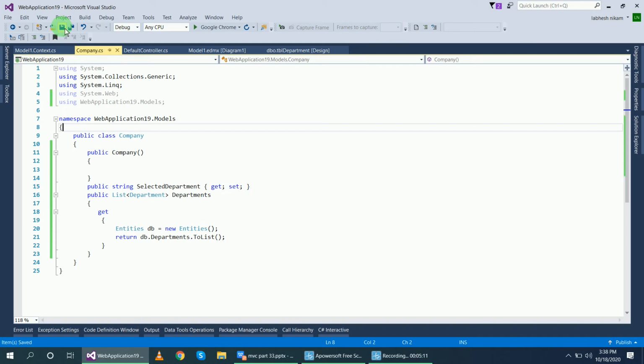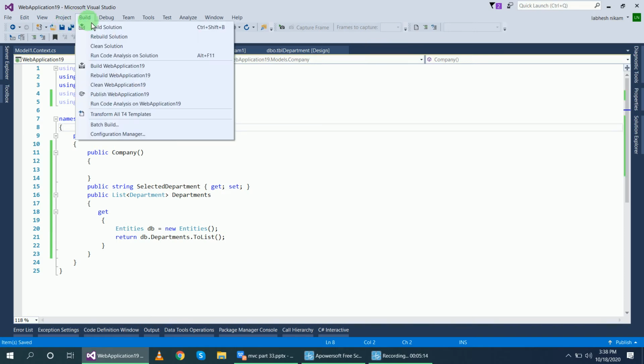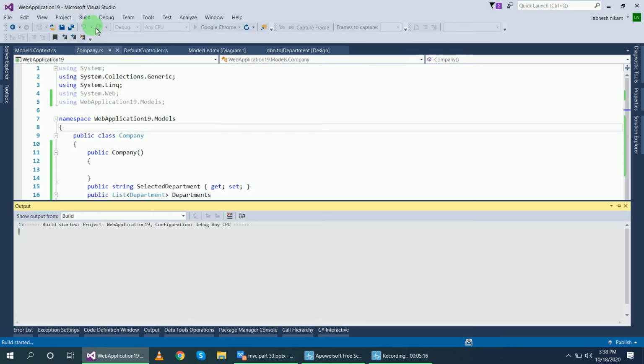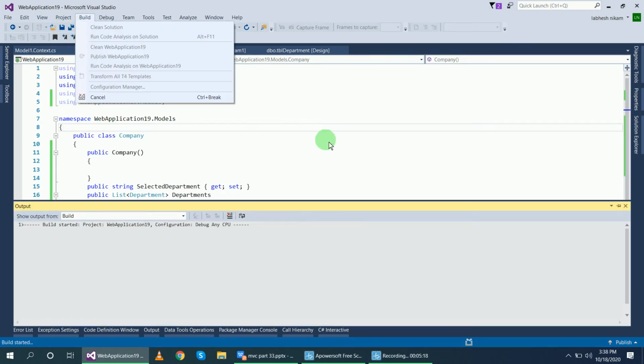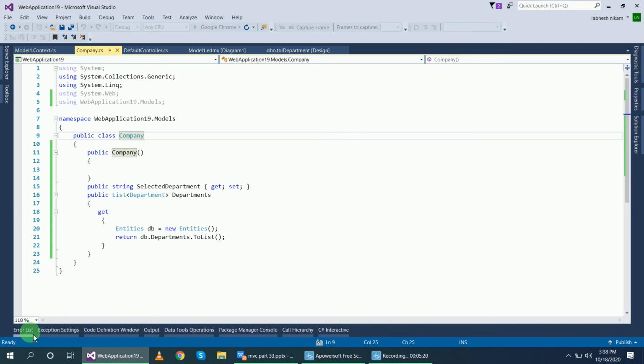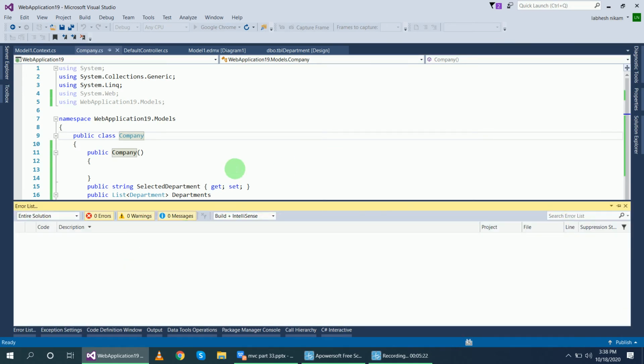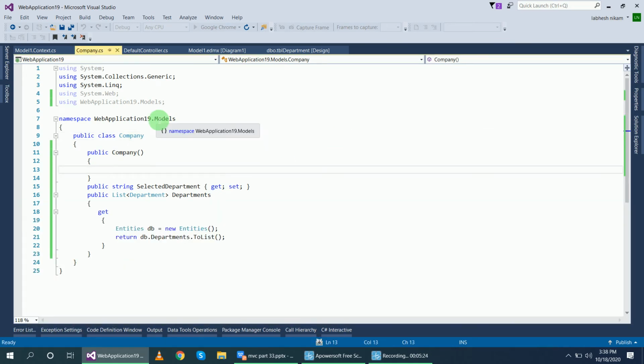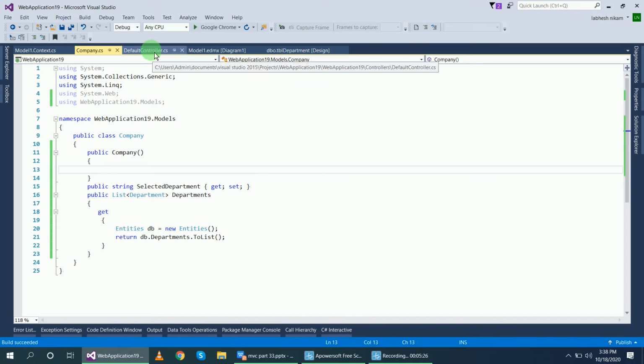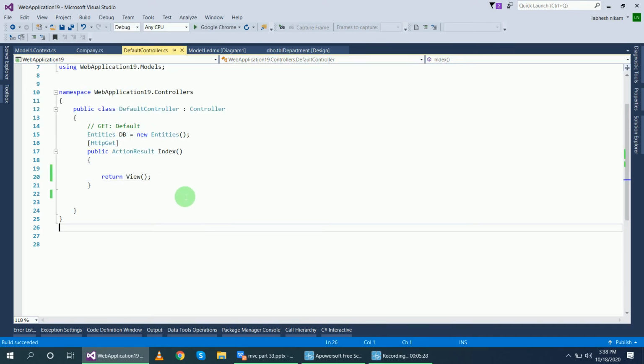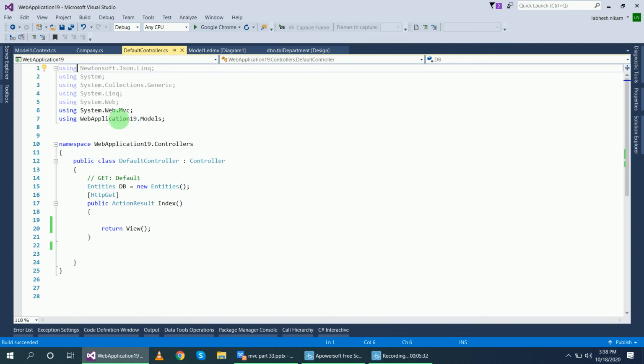So save this and build it. I have built it. Now I will go to the Default controller, and inside of this I have already created the namespace for models.